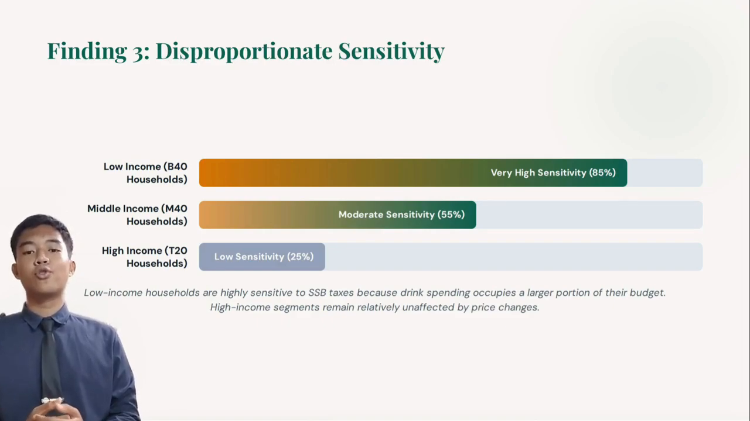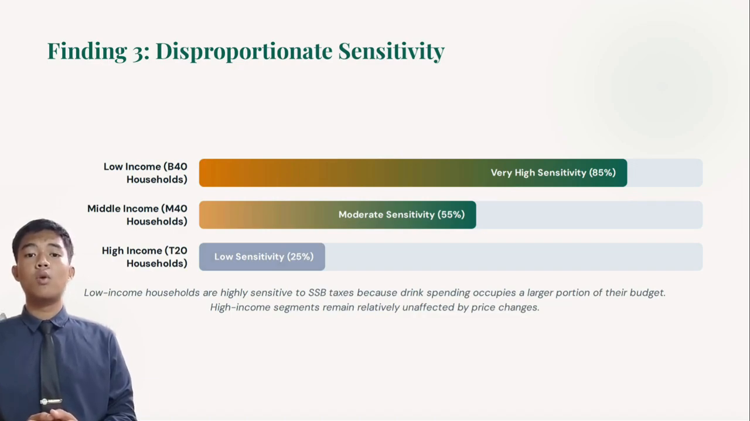The third finding shows that consumers from different income groups respond differently to price increases. Lower income households are more sensitive because sugar drinks take up a large share of their spending. As a result, they are more likely to reduce consumption. Higher income households are generally less